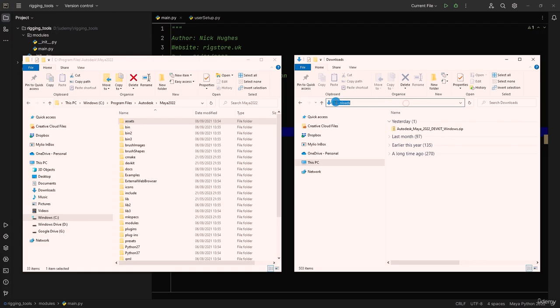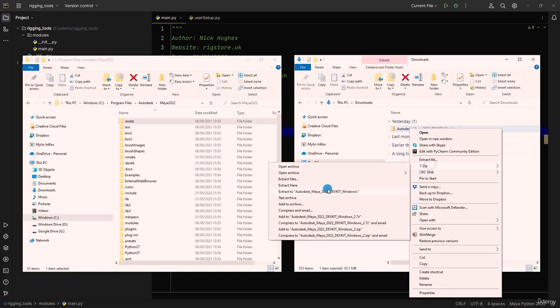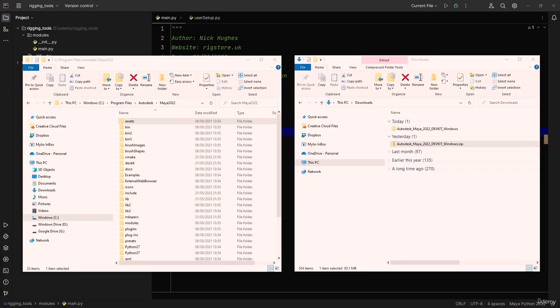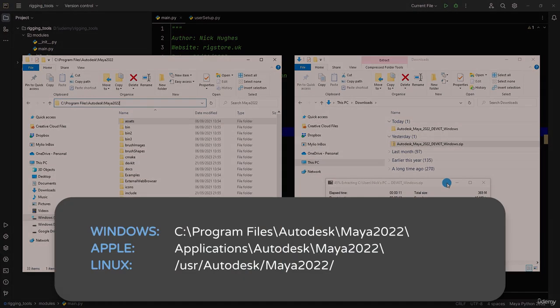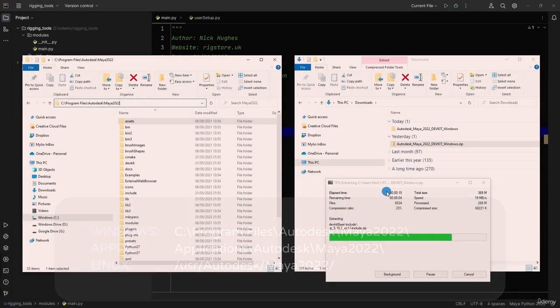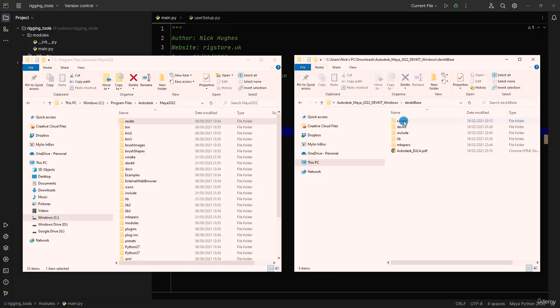In your downloads folder, unzip this folder's contents. Now the contents of this folder need to be added to your application Maya folder on your machine. On Windows, this was in C Program Files, Autodesk, Maya 2022. Let's navigate there now. And I'll also add the links for Apple and Linux machines. Once these are copied over,